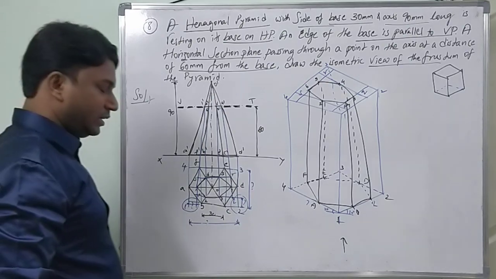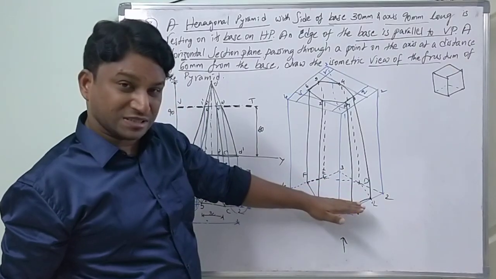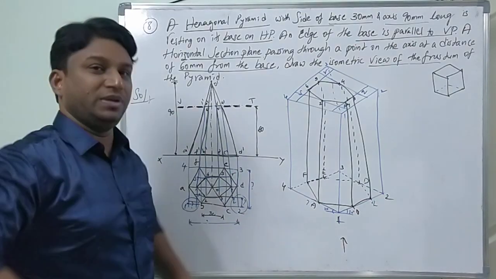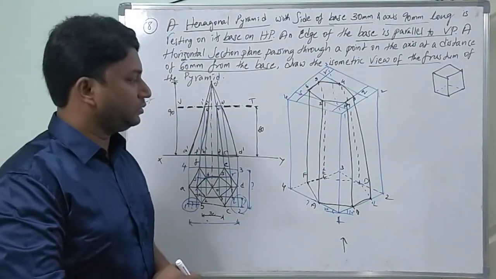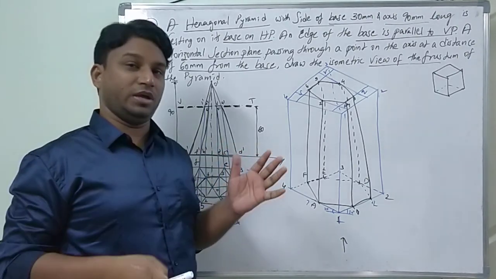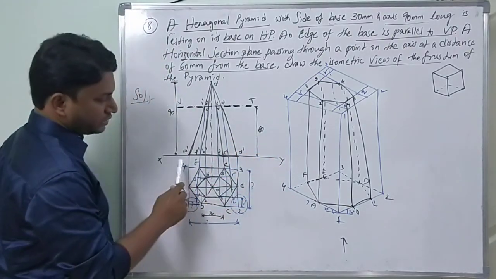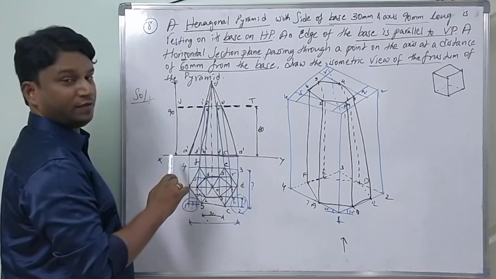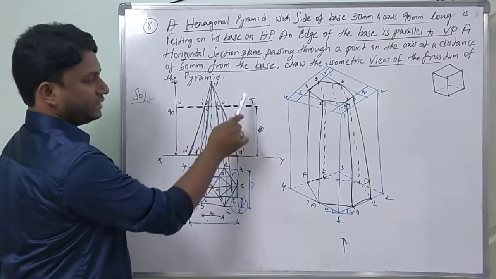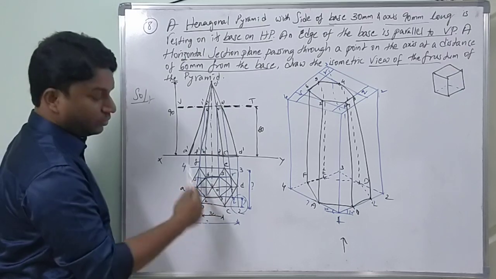This is the isometric view of the frustum of the pyramid. Means the base at the bottom will be more, and the top base will be less, size minimized, size reduced. So, hope you all clearly understood this. It's a lengthy problem, but it's a combination of projections of solids, sections of solids, and isometric view. First, projections of solid: hexagon top view, hexagon front view. After that, sectional plane location, traces, distance, cutting points, numbers. On that sectional top view, one more hexagon.